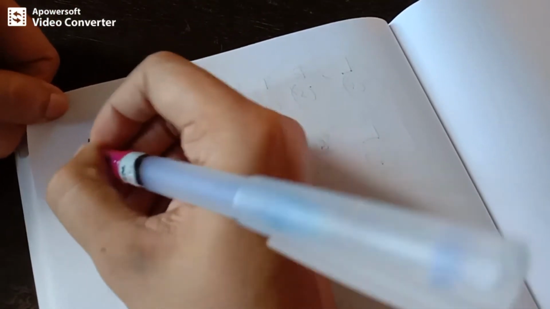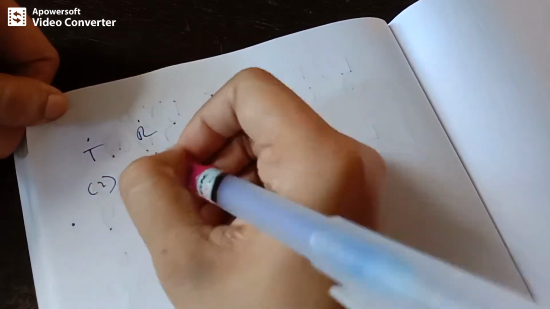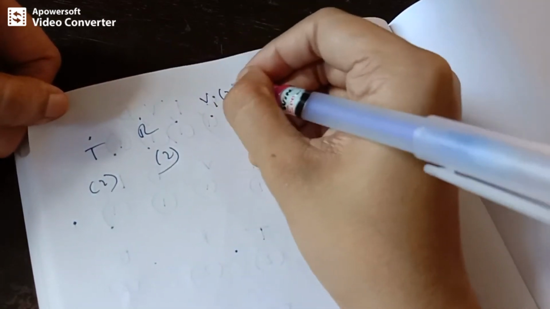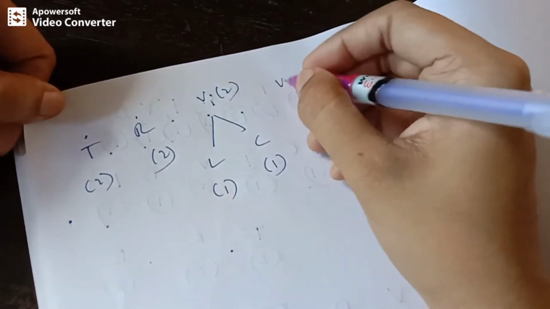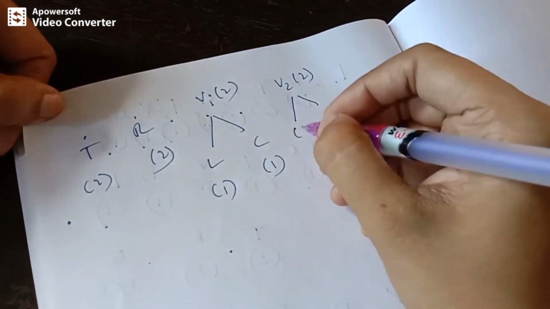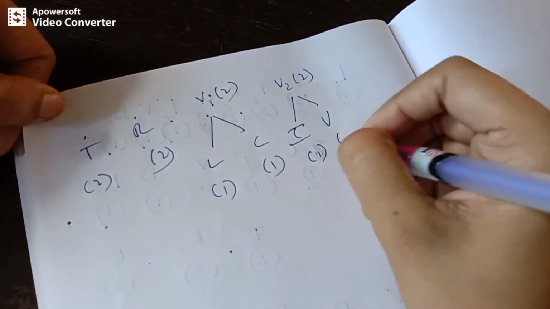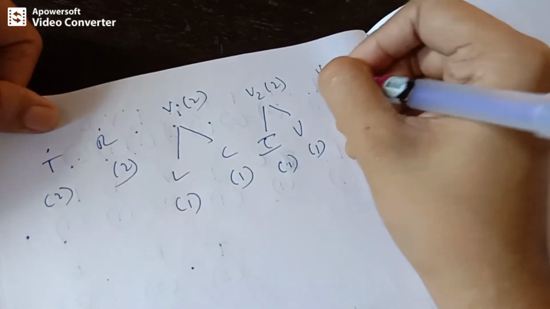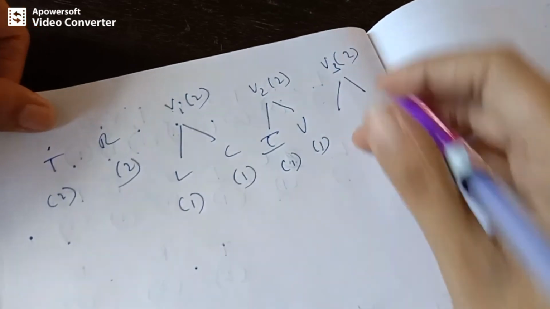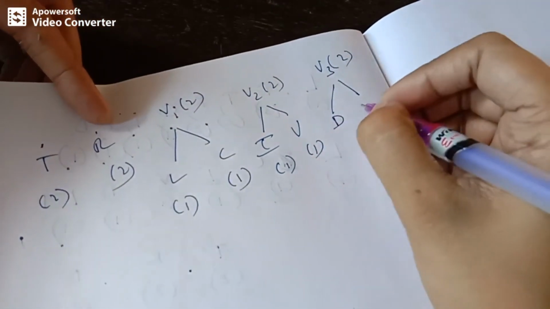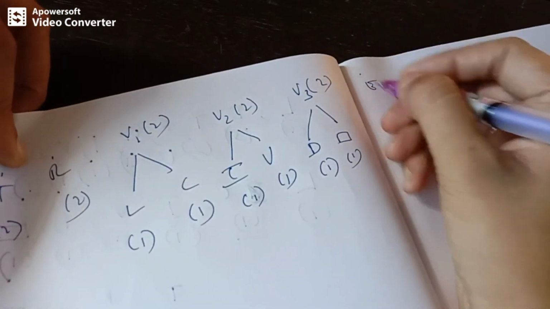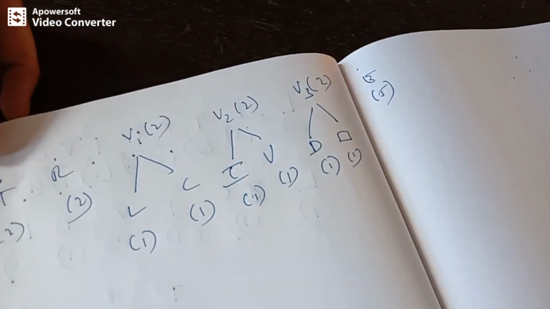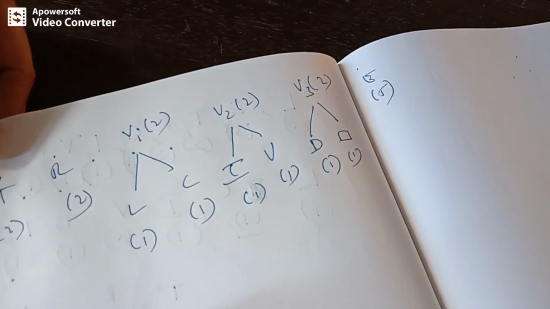Okay, next we'll be getting T and R with its weight, and next L and C was a tree before. This was a tree before. This also was a tree. IV with its weight 1, 1. Next, this is a new tree that is constructed from D and space. D and space. And then I have got E, which is having 5. Okay. Next, once again follow the same procedure.